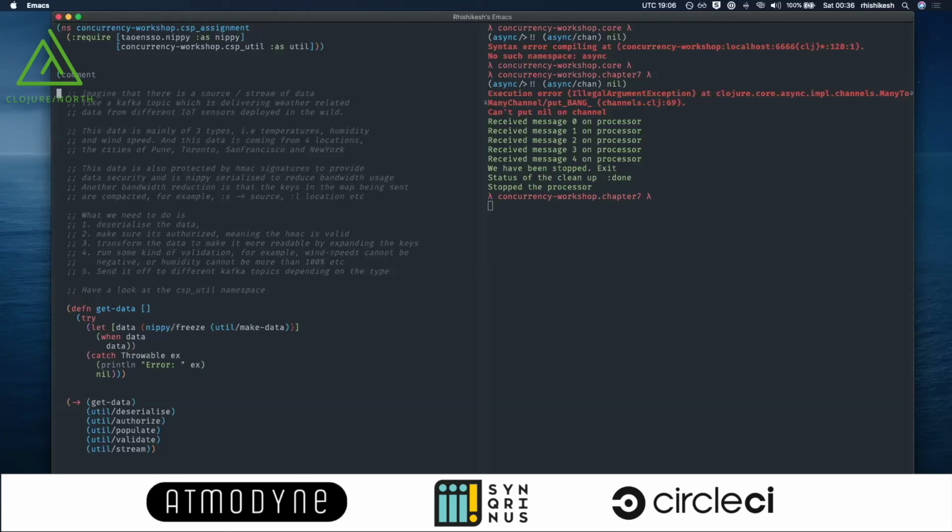another bandwidth reduction that we are doing is that the keys in the maps are compacted. So if you see a :S, it actually means source. If you see a :L, it actually means location, etc., etc. So what we need to do is